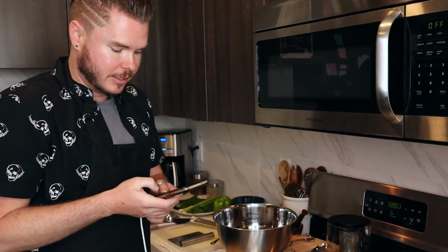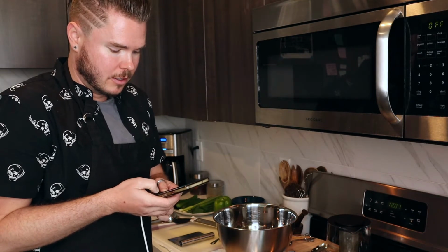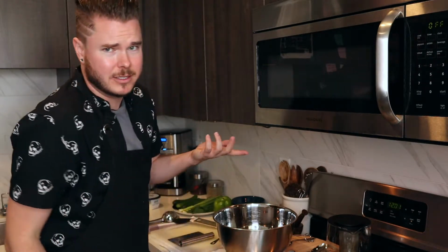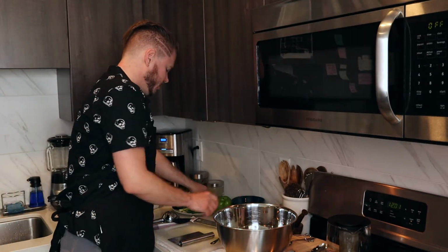I'm going to look at my phone because I wrote down what I want to put in this and I don't want to forget it. Okay, cool, perfect. So that's the dressing. It's super simple. Super, super simple. So what we're going to do,